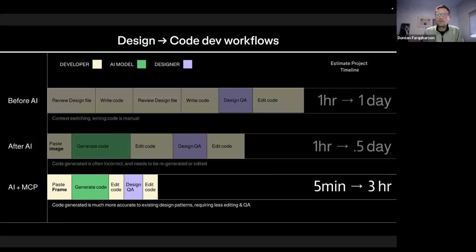And so we provide the context of design and code base into that. The result, we think, is cleaner, more consistent, and closer to production-ready code. And this is really what we look to achieve with Dev Mode